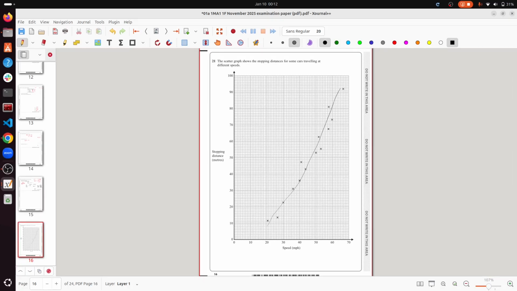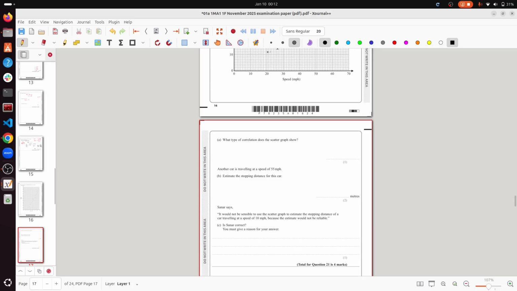Why is it a positive correlation? Because for every increase in speed, the stopping distance increases as well. So as one value increases, the other value increases as well. That is how we can tell it is a positive correlation. So I am going to put positive